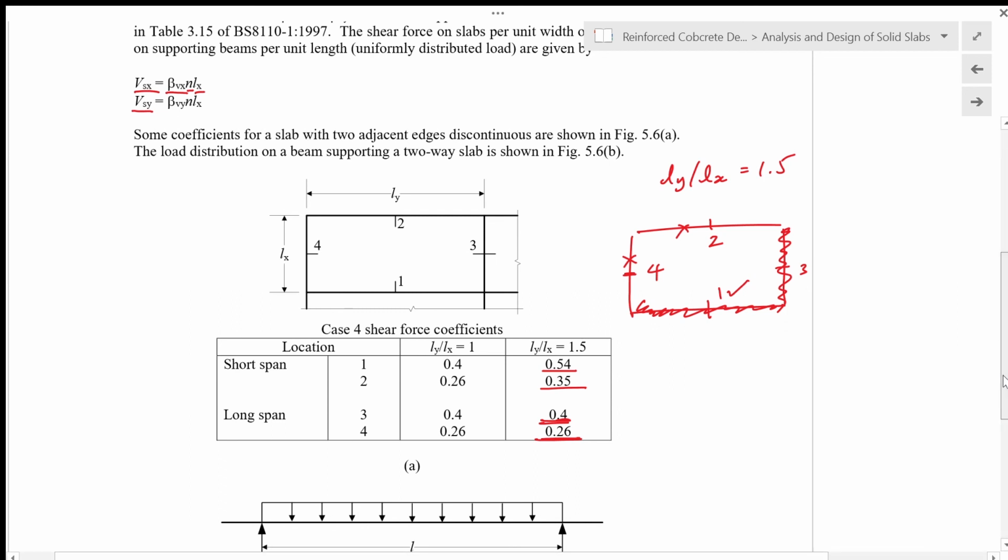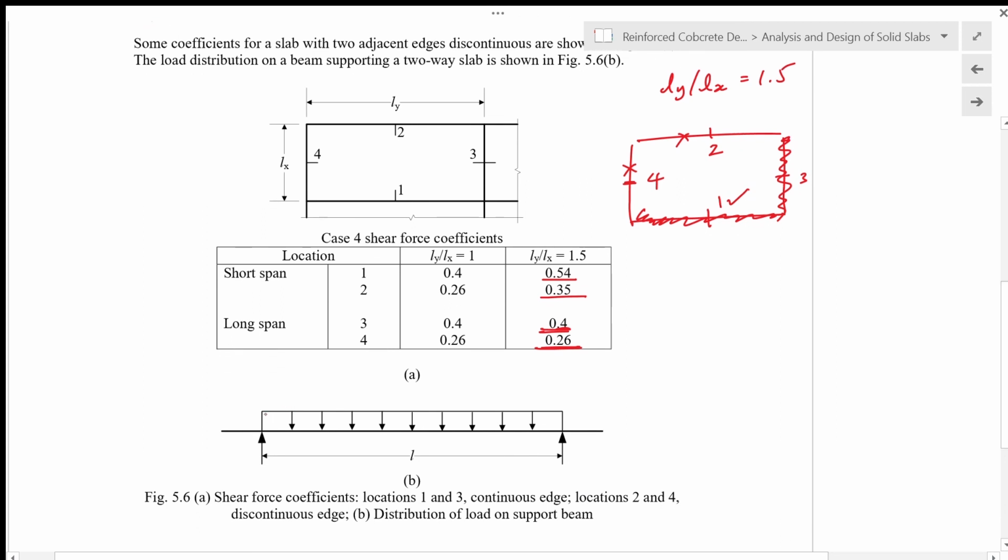And this figure here shows the arrangement of load on the slab. So we assume that the slab load is a uniformly distributed load